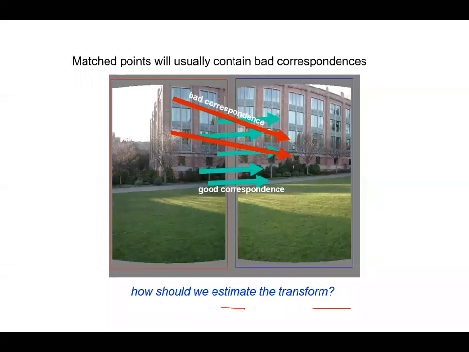From our eyes, we know from the very beginning that these red ones are, of course, bad correspondences. Even if the SIFT feature told us that this point corresponds to this point, we know from our eyes that this is a bad correspondence. We know in advance that they are not a good match. However, for some reason, the SIFT descriptor at this particular location looks very similar to the descriptor of that other location, according